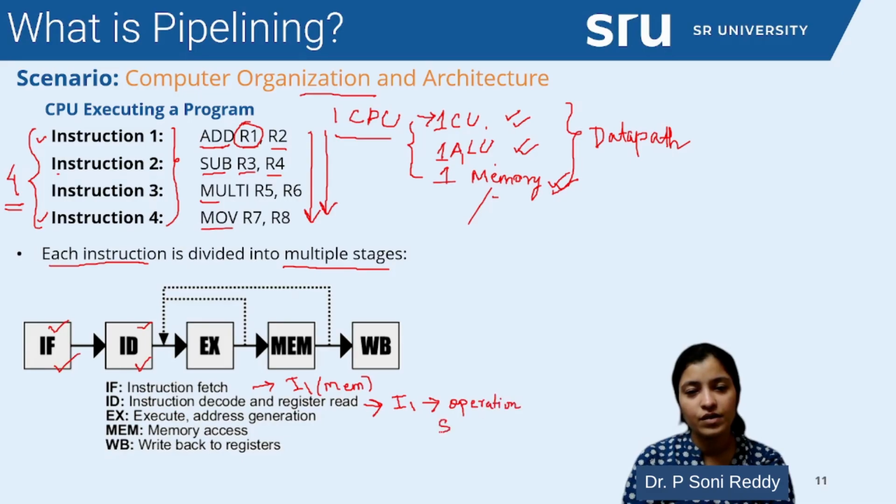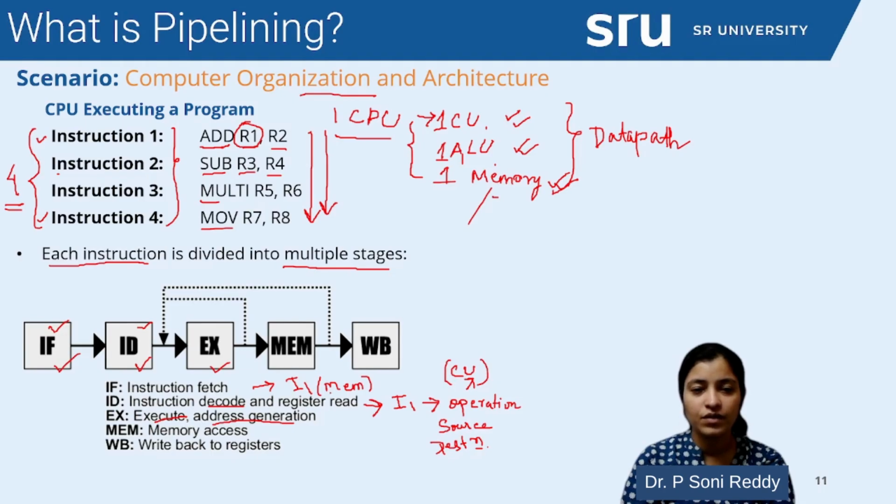What is my source data? Where will I store my destination, that means what is the final location where I will store the final output? All these things are actually done during the instruction decode phase. The third step in this lineup is called the execute stage. Execute stage is nothing but doing the arithmetic operation or the final step of execution. Now decoding is majorly done by your control unit here.